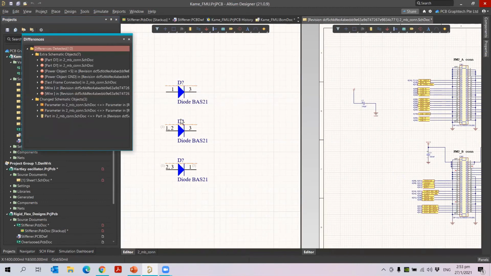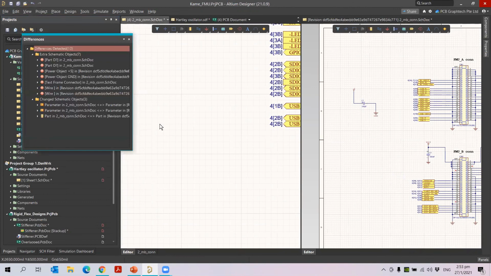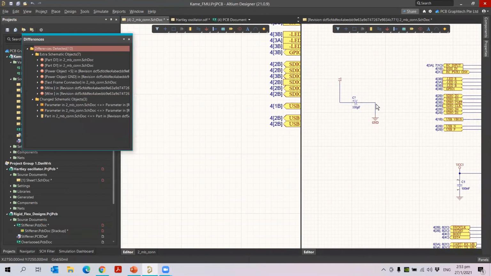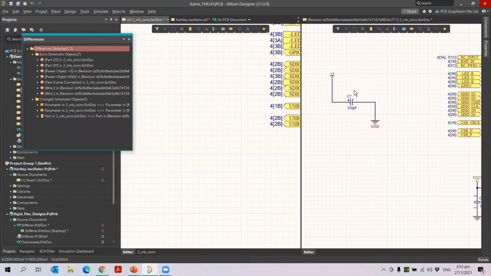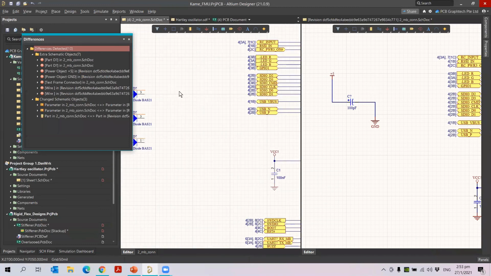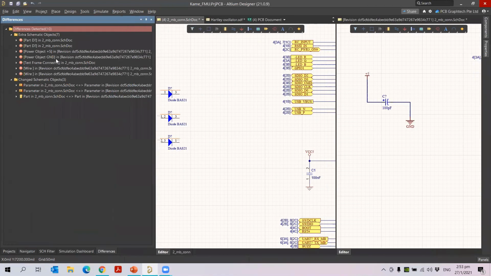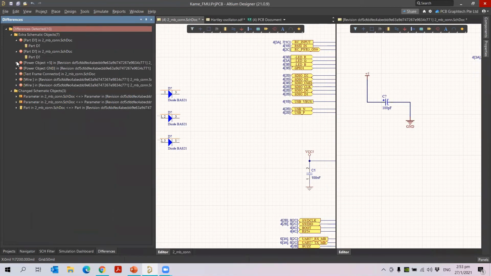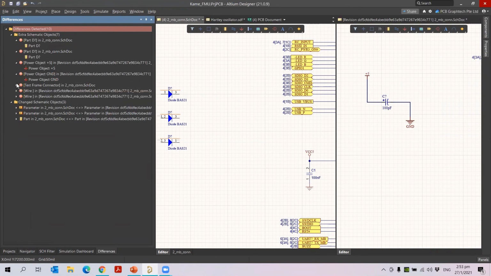So what happens, this is my project, I didn't save to the server. So you can see this is from the main project. In the main project, there is a capacitor and the supply and the ground, but my sub project, I don't have that. So it shows the differences here. Okay, so the differences are visible now. You can see there is no part, all this information is now visible here. Okay, so you can see what all the differences are, and when you are under conflict also you can see the differences. If you want to accept, you can accept it, or you can just go for revert to the previous revision and you can use your original projects.